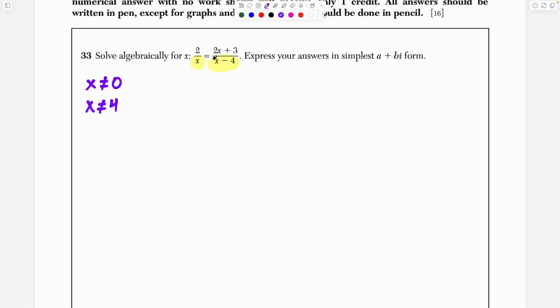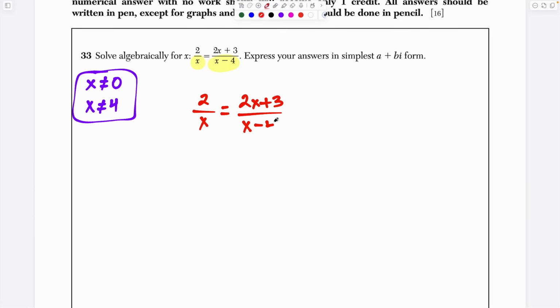Anytime you're solving a rational equation like this, you want to be on the lookout for solutions that could be thrown away. So I like to say this up front, so that if I get to the end and one of these values pops up, I can just throw it away. But the fact that they're telling us a plus bi form suggests that our solutions are going to be imaginary. So we have 2 over x equals 2x plus 3 over